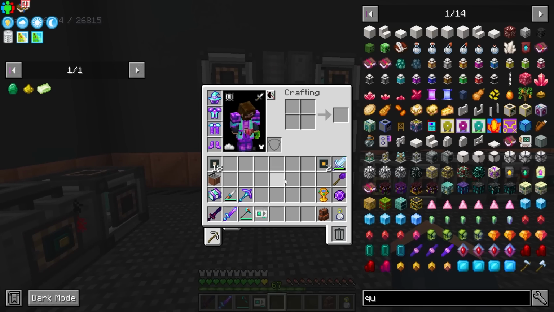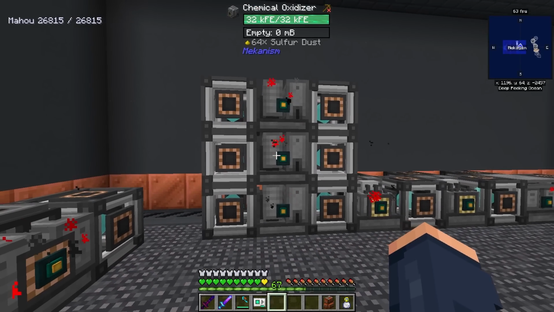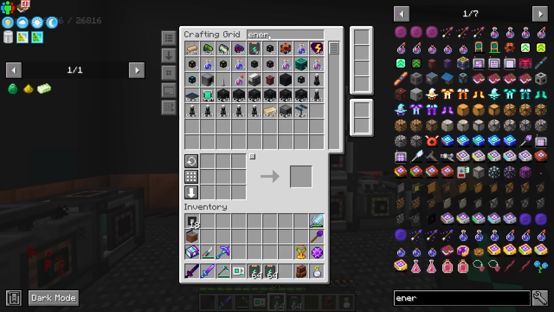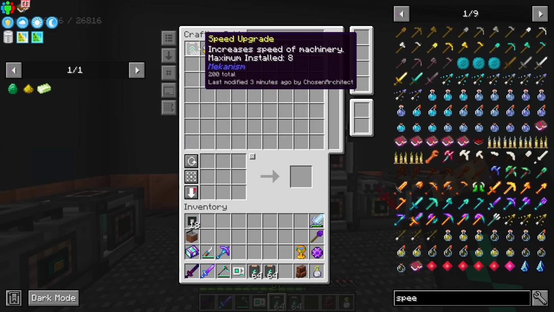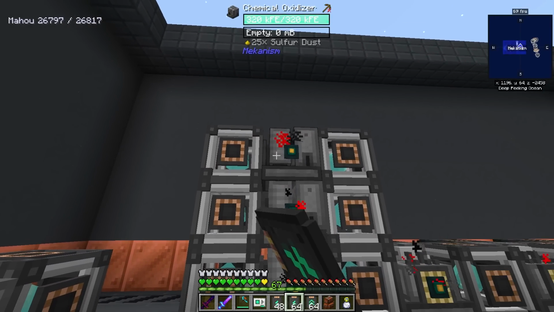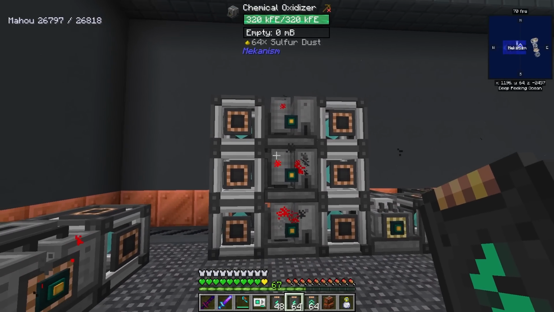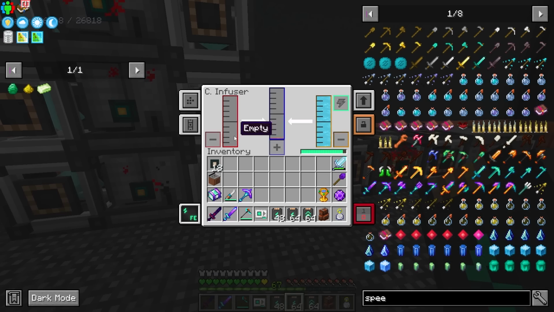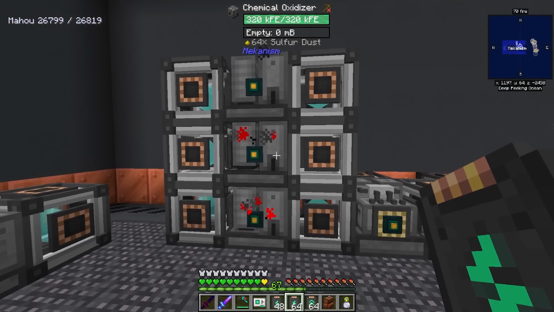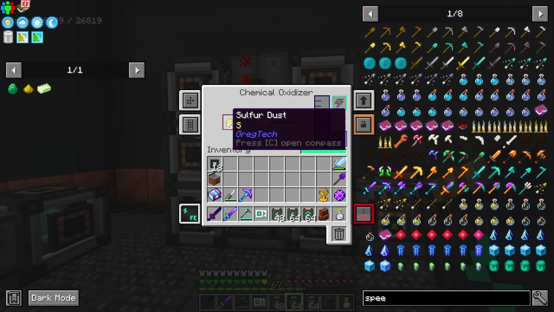Perfect. Now it is going to run out of power immediately, and we put some power up on this, and then we'll get our energy and our speed upgrades on this. And there we go. That is a perfect example of how this works modularly. It's pretty darn cool. And so now this machine should be receiving a bunch more sulfuric acid, or sorry, sulfur